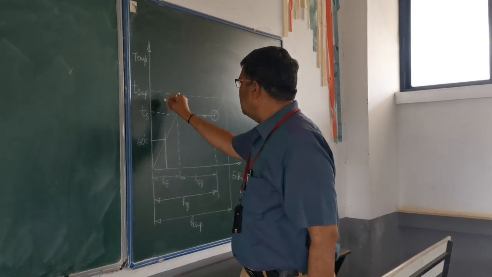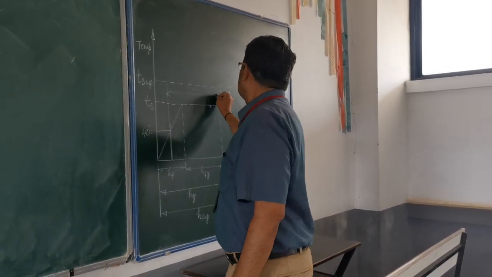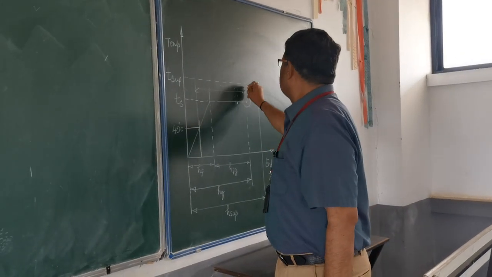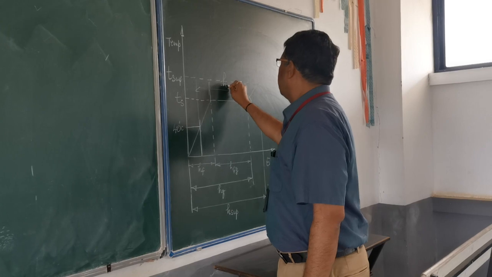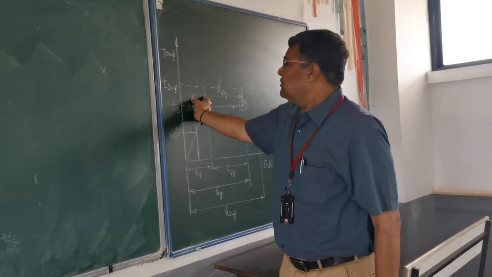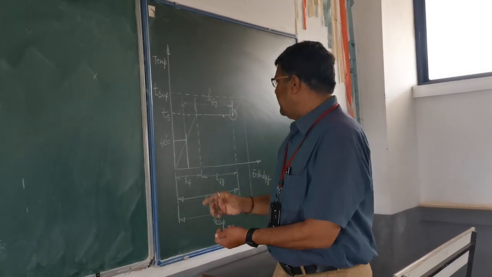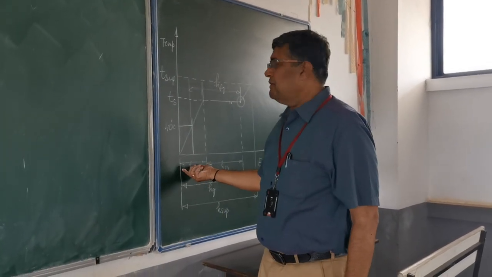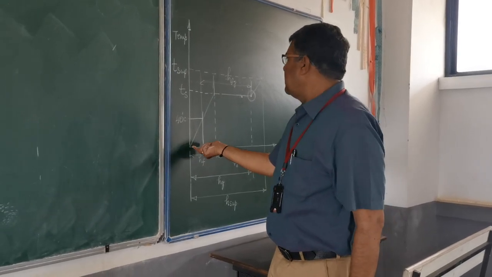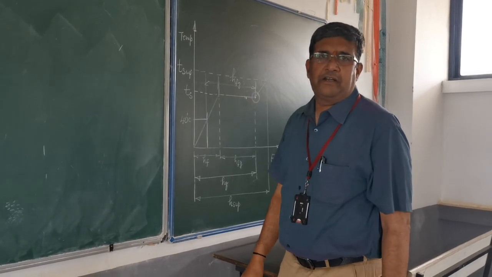So from here I need to find out what is the total heat added. Anyway, I will be knowing this value from here to here, that is HFG. But this I need to find out. There are 2 ways in which you can do it. One is to find out the total HF and from that subtract this value. That is one way of doing it. Another way is to find out how much heat is added from here to here.